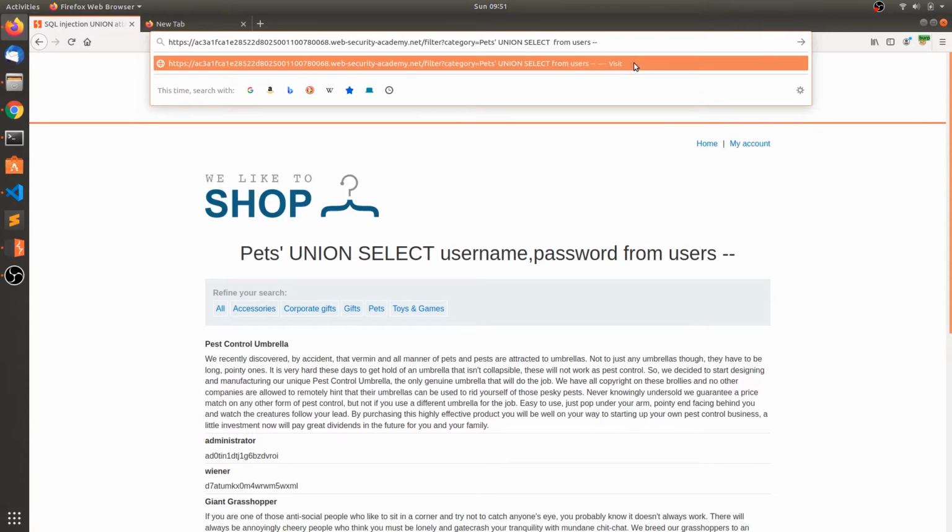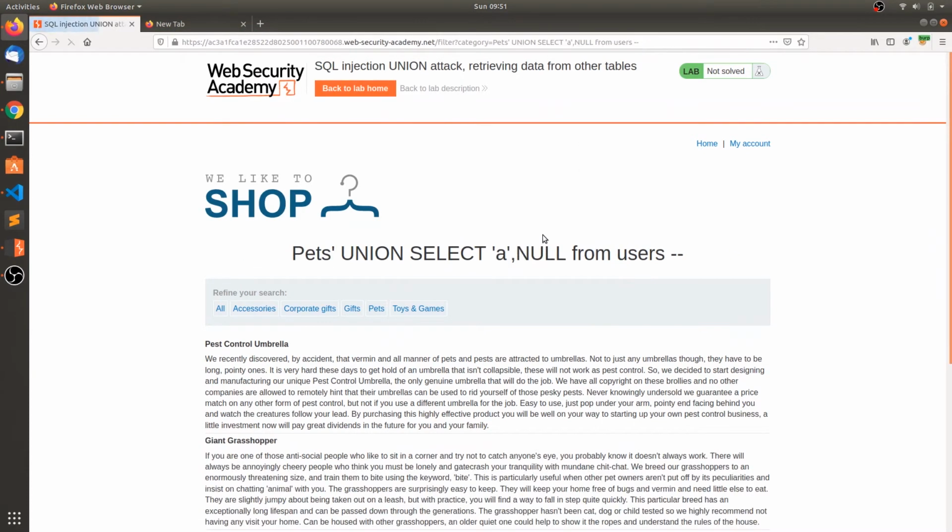Suppose there will be a case where only one column is a string and the second one is not the string type. In that case, you can query multiple times, one time for the username and a second time for the password.